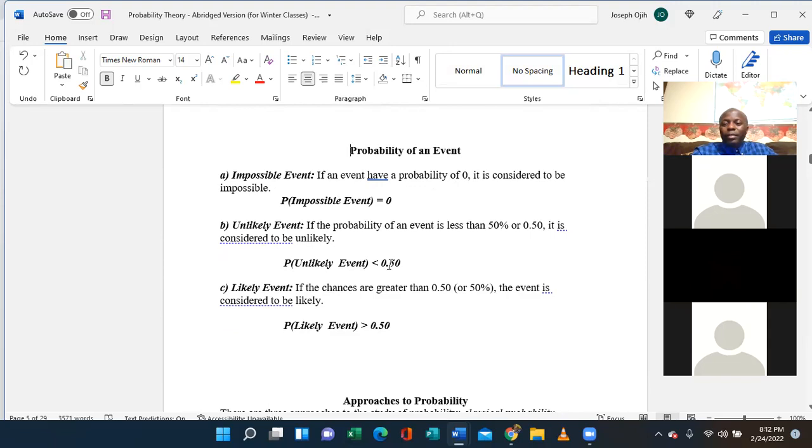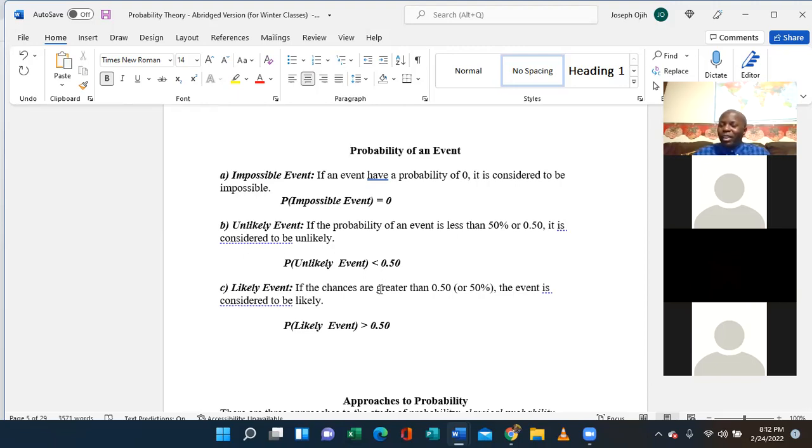Something like a lottery, like Mega Millions, the probability is about 1 in almost a billion. So the chance of winning that jackpot is 1 out of a billion. That one is very unlikely, so the people that win it just have special grace,